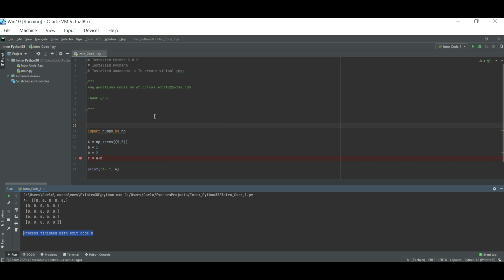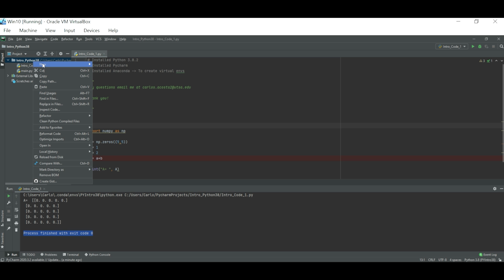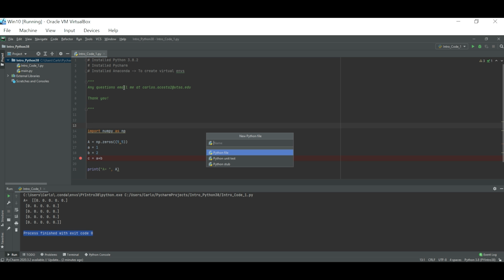Okay, now we're going to create a new file, and for that we're going to click on the top folder, right click, say new, and Python file. Go ahead and create a file named my lists or my arrays. This is just the name of the file so that we remember that this is where we're going to start learning the first